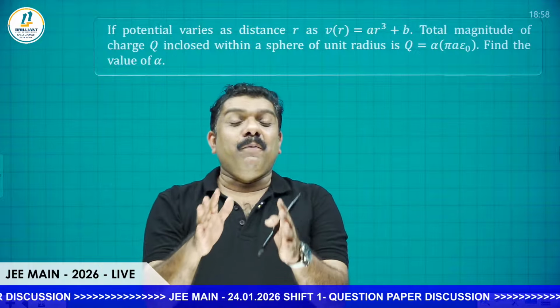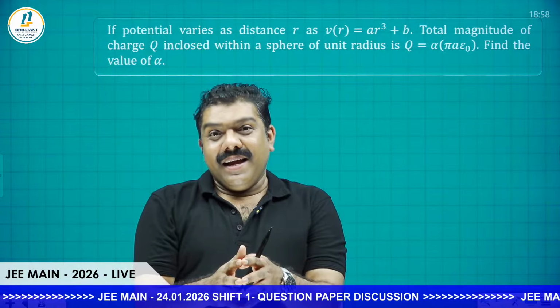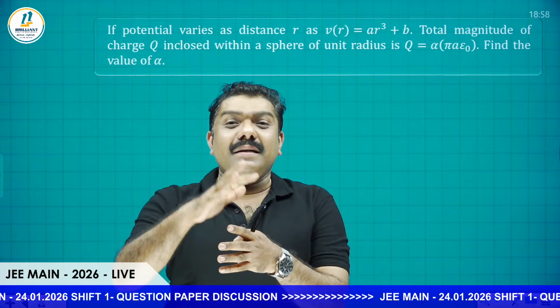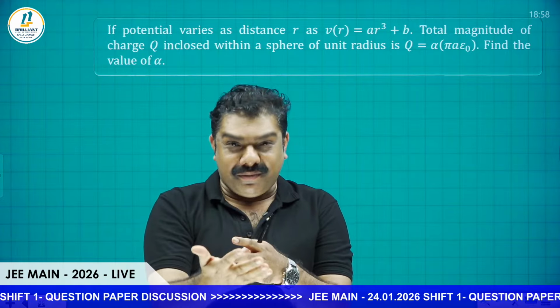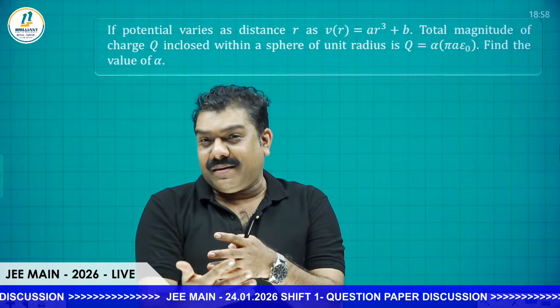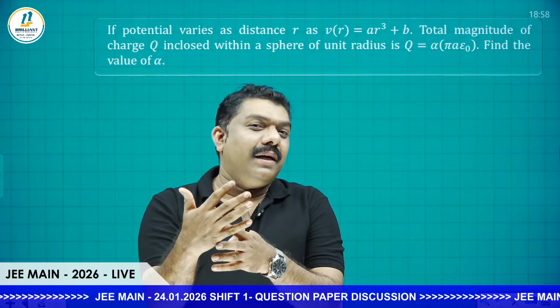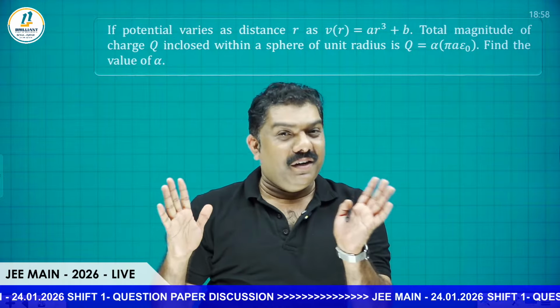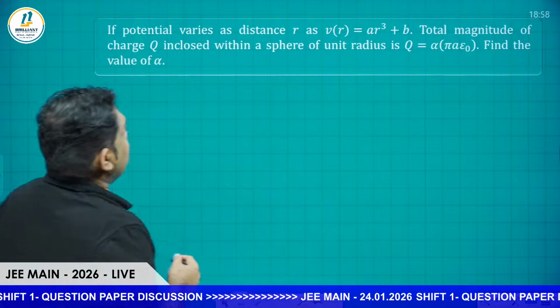You see here, potential is given and charge is the data. If potential is given, you can find the electric field. If electric field is there, you can calculate electric flux. According to Gauss theorem, total flux is equal to q by epsilon 0, so you can find the q. So that's the logic here. So first of all,